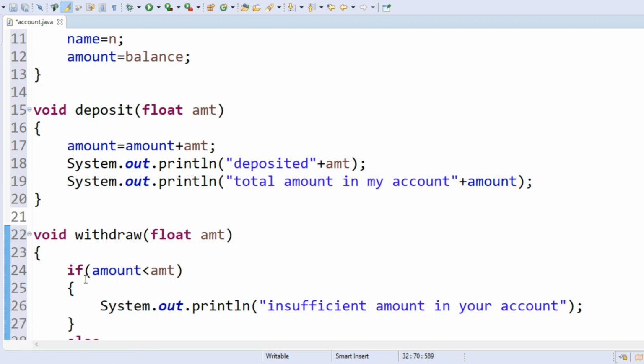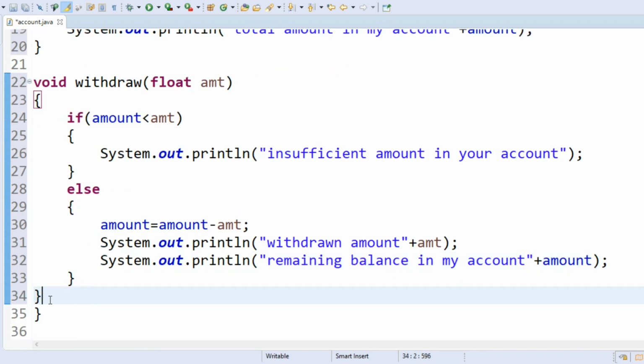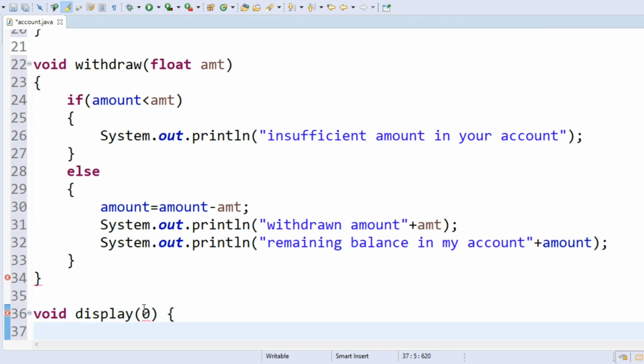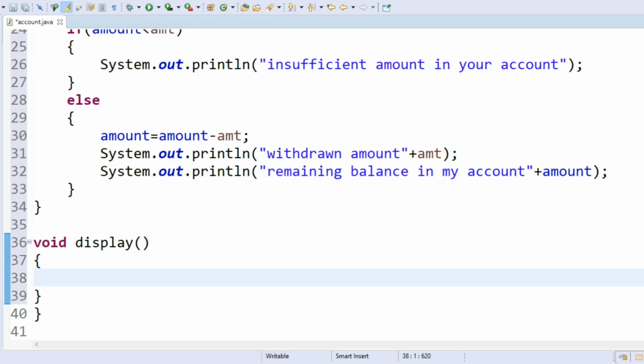After that, for displaying the content, I am creating another method, void display. In this display method, I would like to print system.out.println. What I want to print?